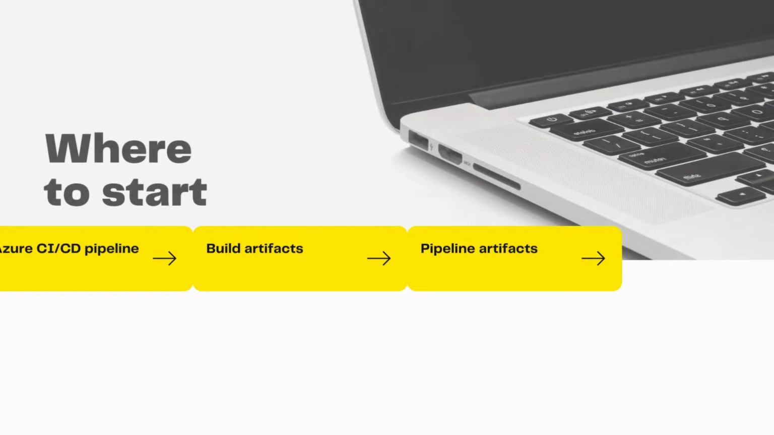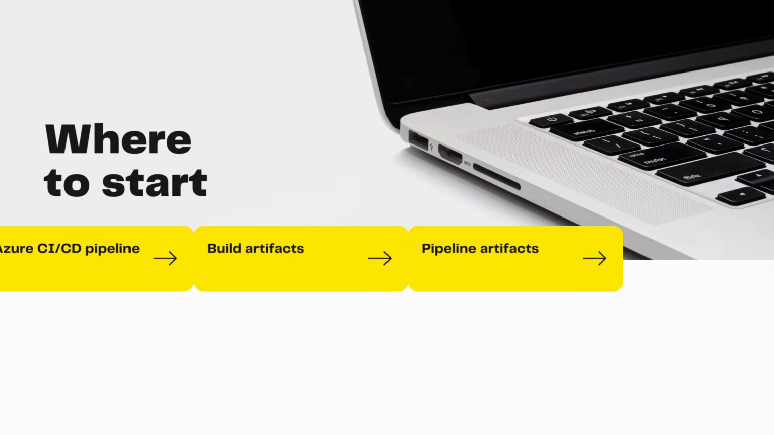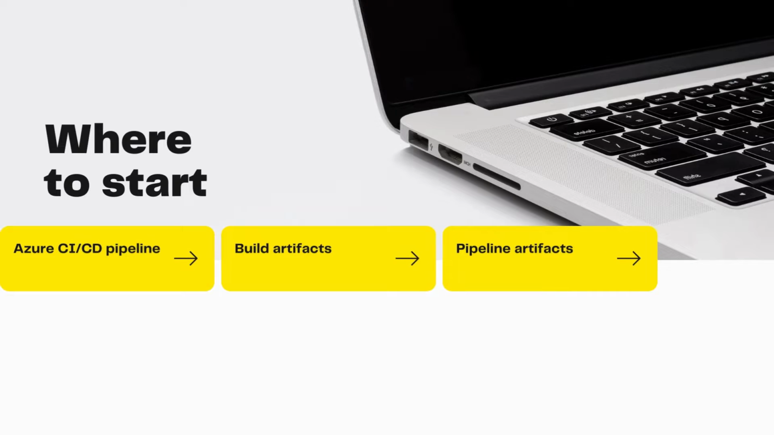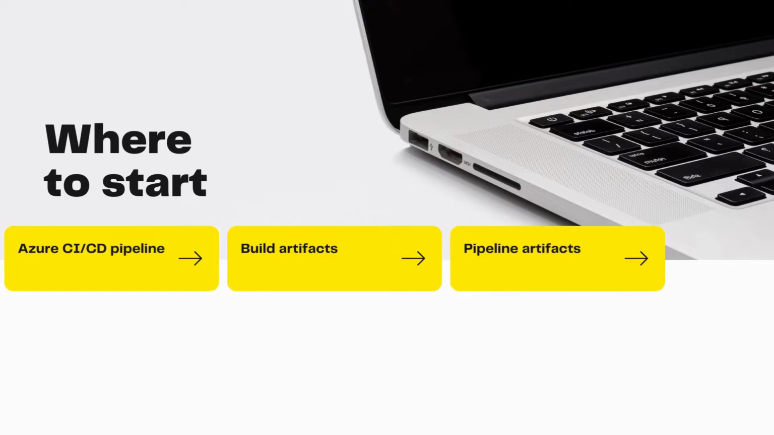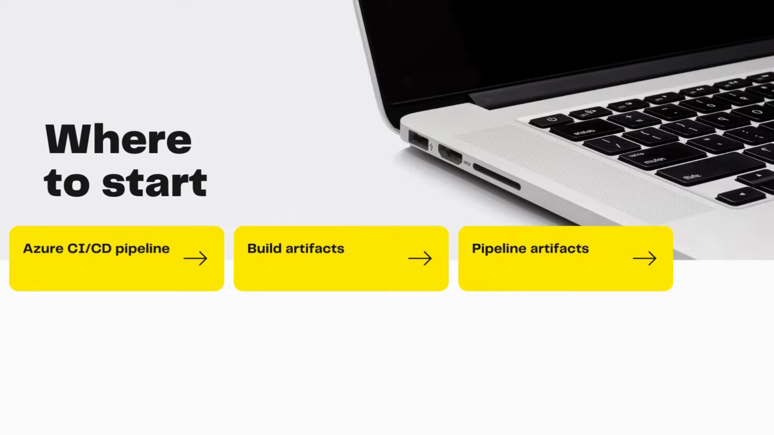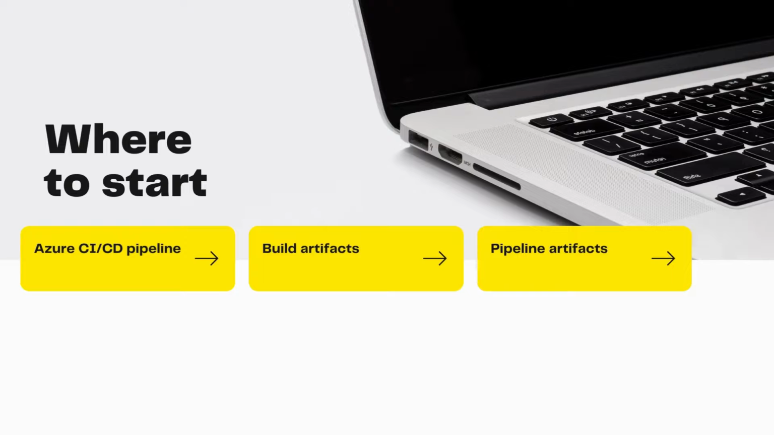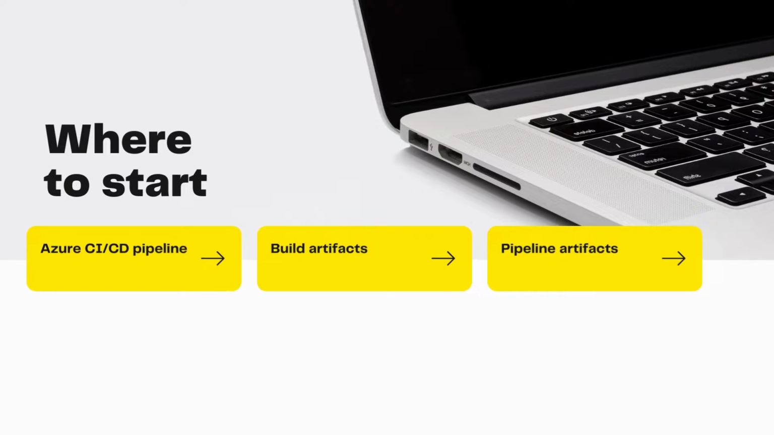Now, before starting, you may have a question: where to start? What is the build, what is the artifact? You are confused about how to start with the build and the artifacts of the pipelines. So you can start with Azure CI/CD pipelines. First you understand the CI pipelines: what is the continuous integration pipeline and what is the continuous delivery pipeline? Once you know about the pipeline, and you have the basic idea about the Azure DevOps CI/CD pipelines, then